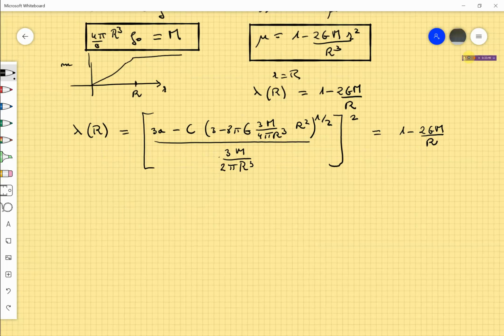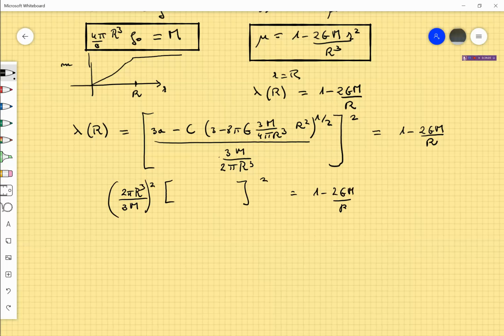So this would be 2 pi R cubed divided by 3M, squared, and all this expression squared equal to 1 minus 2GM divided by capital R. Now we can multiply this by 3M divided by 2 pi R cubed,